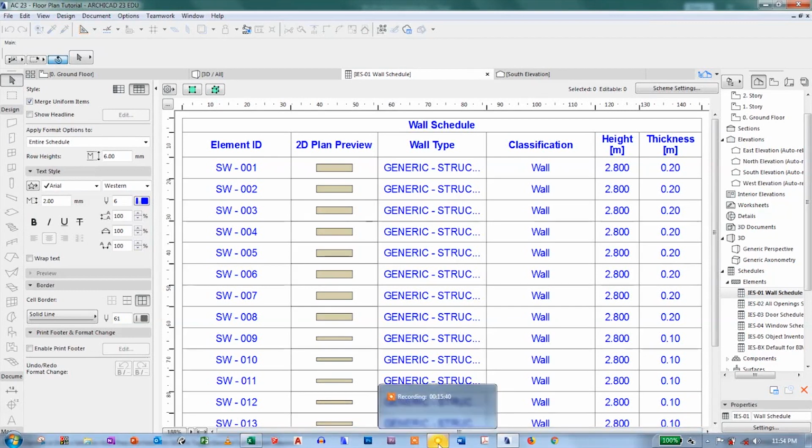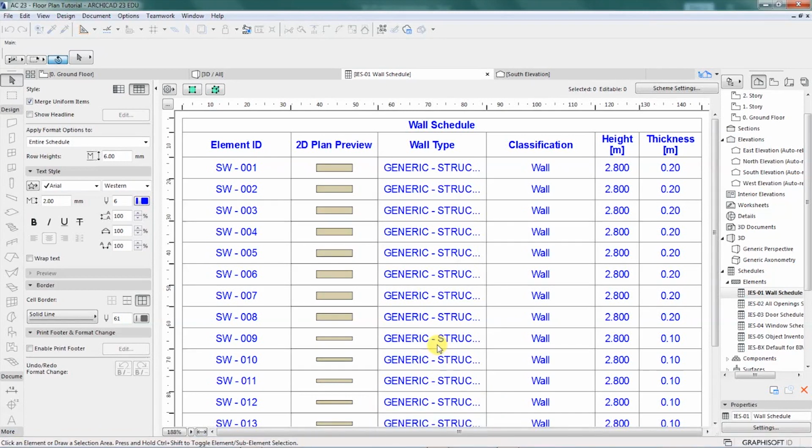Now based on the standard method of measurement for your country, you can be able to tell what type of information for the wall that you need for you to be able to come up with a cost for that. And for me, I need, or I should understand the type of material that I am using to build my wall. I need to know the wall height, and I already have the wall height here. I also need to know the thickness of that wall. And so,